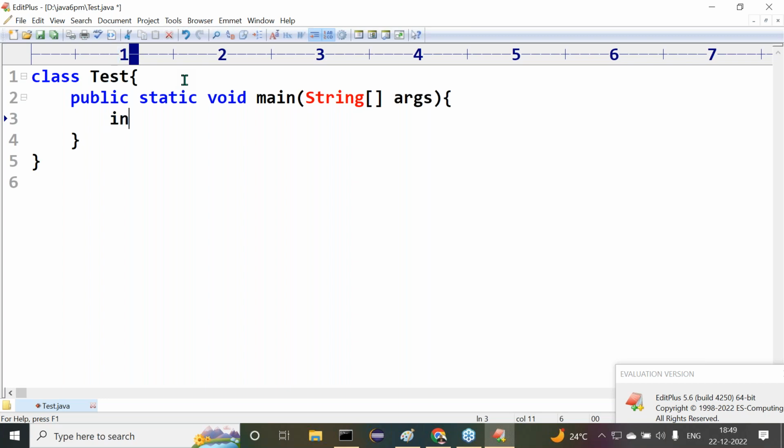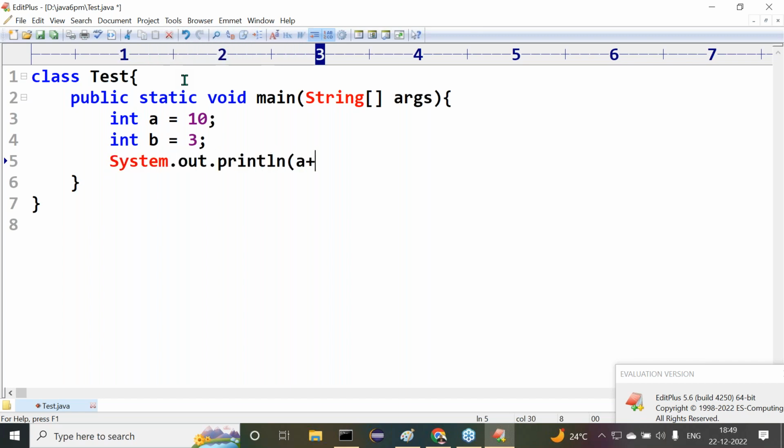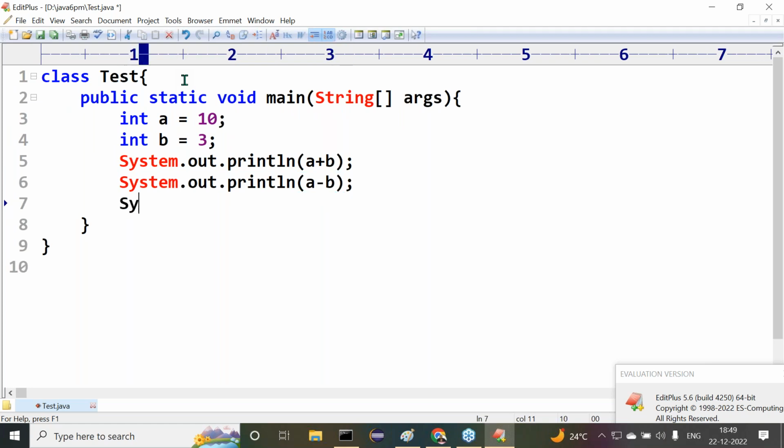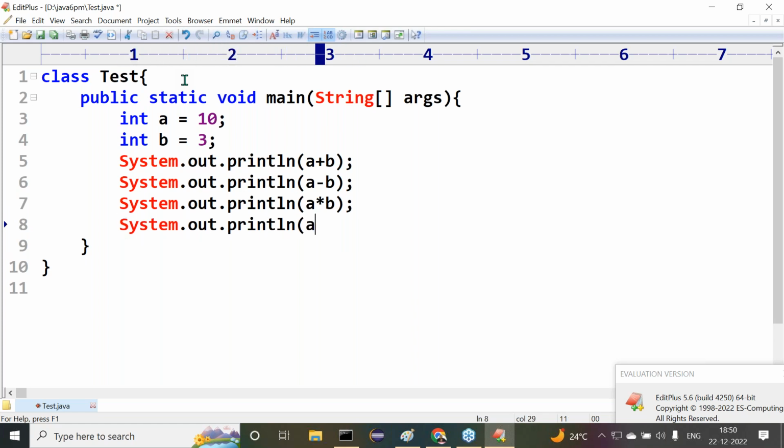Let me check it. Say for example, simple calculations only. int A = 10, int B = 2. No, not 2. If I give 2, you will give answers easily. 3. No, sir, just don't think about it. All these are very, very simple. Yes, exactly, they are simple only. First of all, let me complete it. Don't give answers immediately. Let me complete it now. System.out.println(A - B); System.out.println(A * B); System.out.println(A / B); then after that System.out.println(A % B);